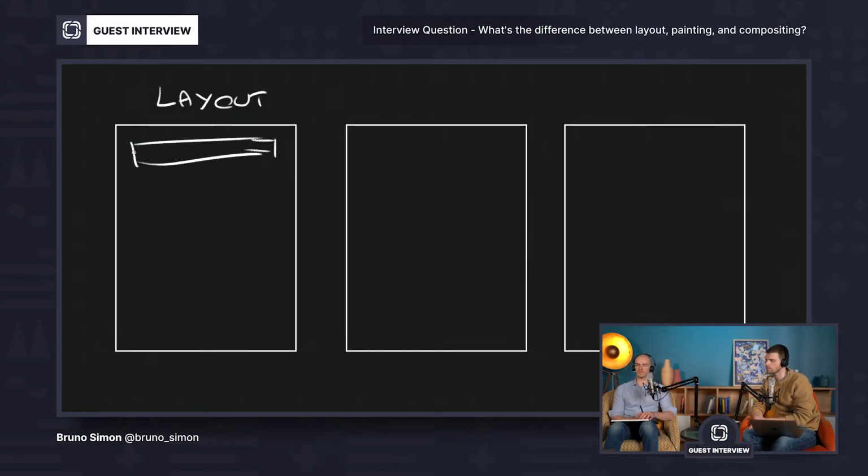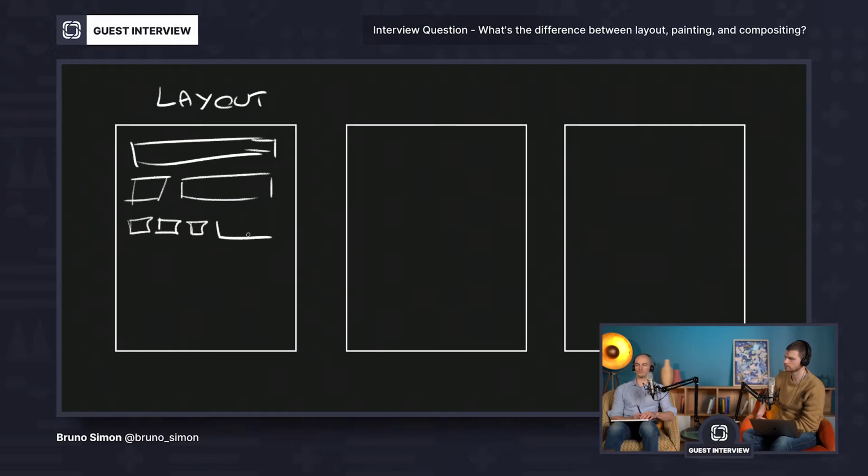It means that the browser will position stuff in the order of the flow, and try to let them fit where they can. If it's a block, it will go there. If this one is an inline, it will go there. Then there is another inline, it will go there. Then this one has a width of, I don't know, 200 maybe, it will go there. And the next one doesn't have room, so it will go there because there is no room left. Then we have a section or a div, which is a block, so it will take all the available space. Oh wait, no, we put 50% on the width, so it will be something like that. And you can have flexbox, margin, padding. All of those CSS properties will change the layout.